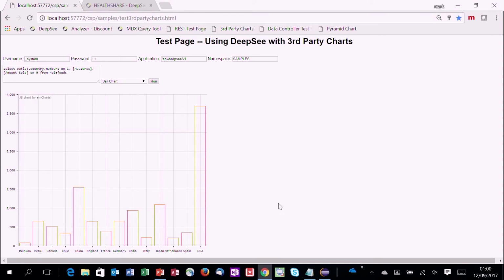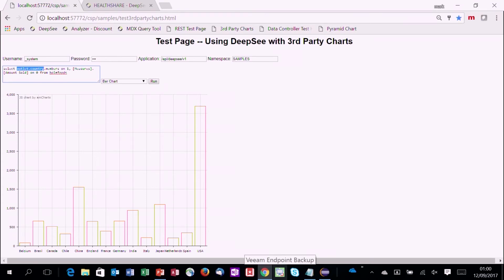So this is looking at firing this MDX query over here and then showing me sales of this Whole Foods product across different countries. This is an amCharts chart. And if I wanted to change, for example, what I'm charting over here, I could change the MDX. So if I'm familiar with MDX, I can decide that I want to look at product categories down there instead